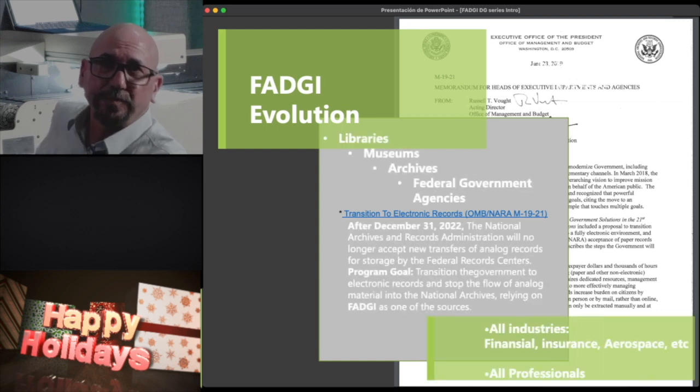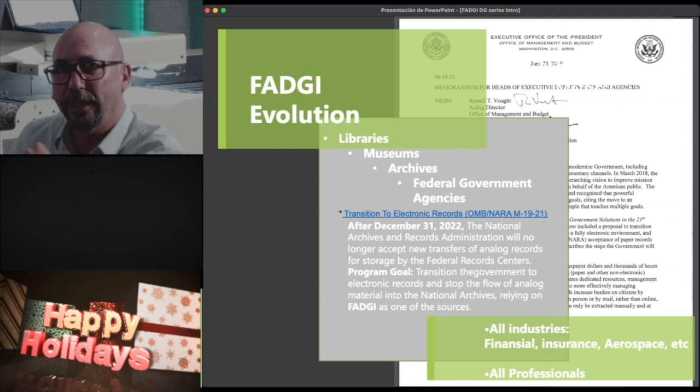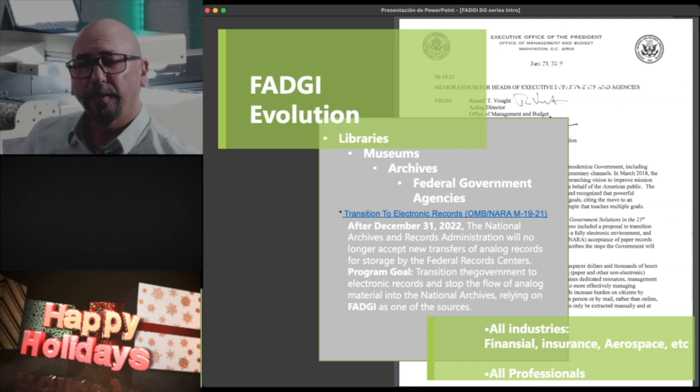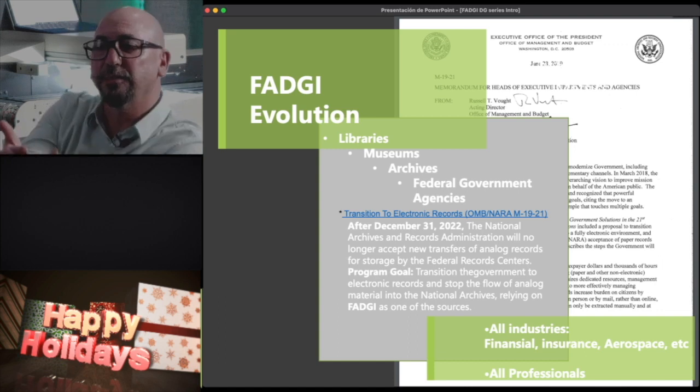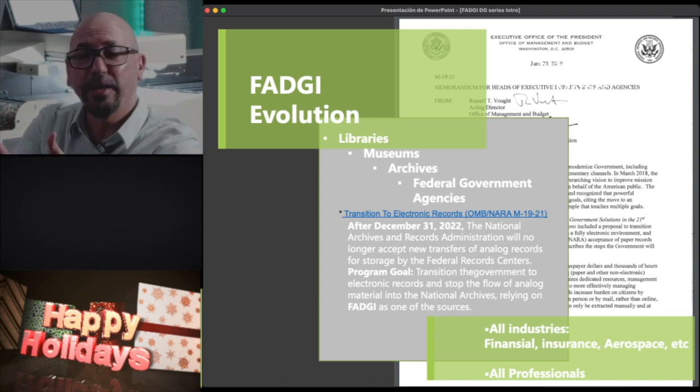Getting a little bit more into FADGI. The way I understand the evolution of FADGI, it is a standard that started with libraries, then it was adopted by museums. Museums started working together, trying to see why there were so many differences across web pages, for example one image of Van Gogh on a museum page looking different on the Met's, with variances in colors and things like that. So by following something that already existed, these metrics can now converge and be very close to each other